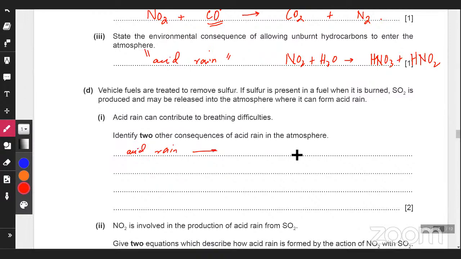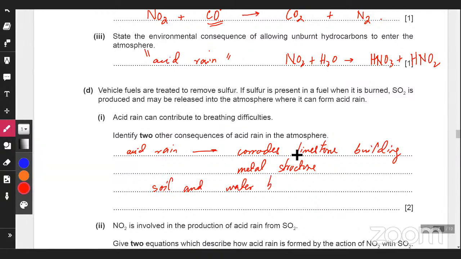Does it corrode? So one is it corrodes buildings, limestone, buildings and metal structures. And can affect aquatic life. Exactly. So the soil could become acidic. Soil and water bodies can become acidic. Corrodes limestone buildings. As soil and water bodies, they become